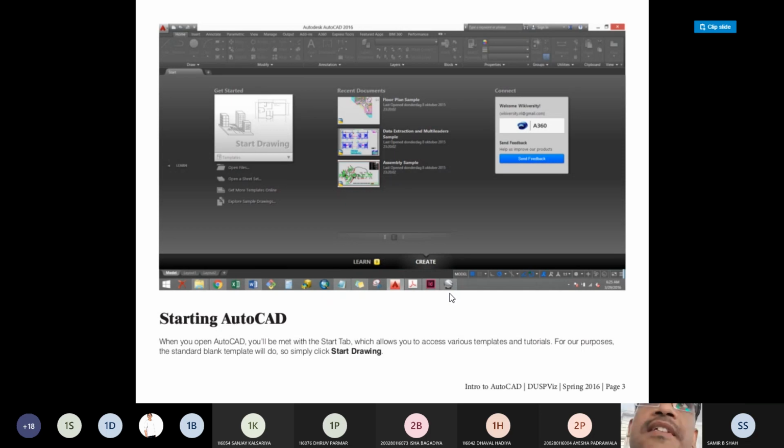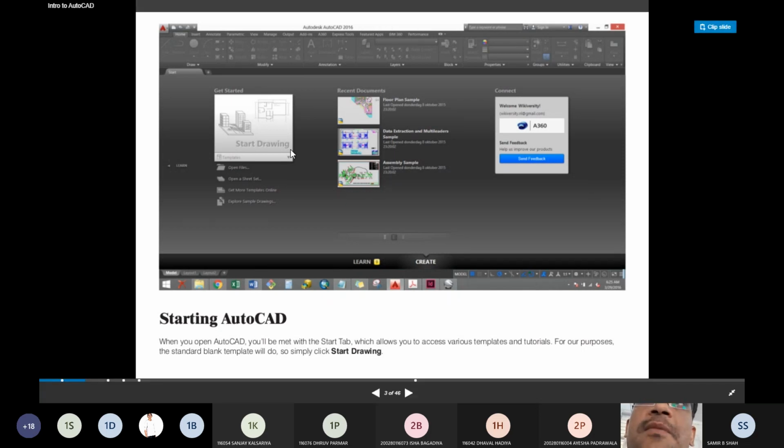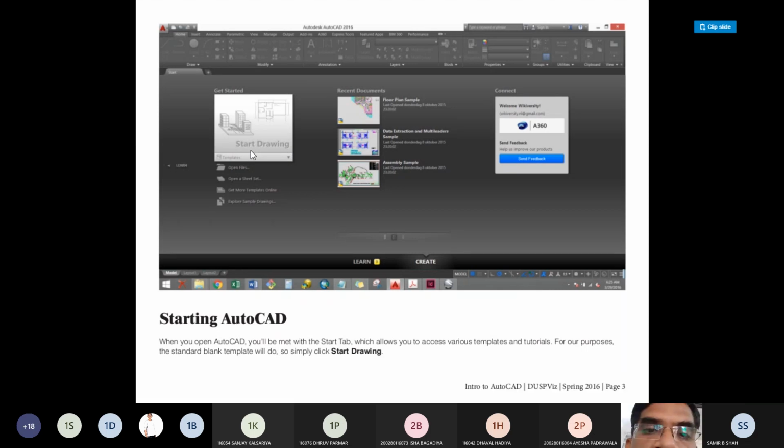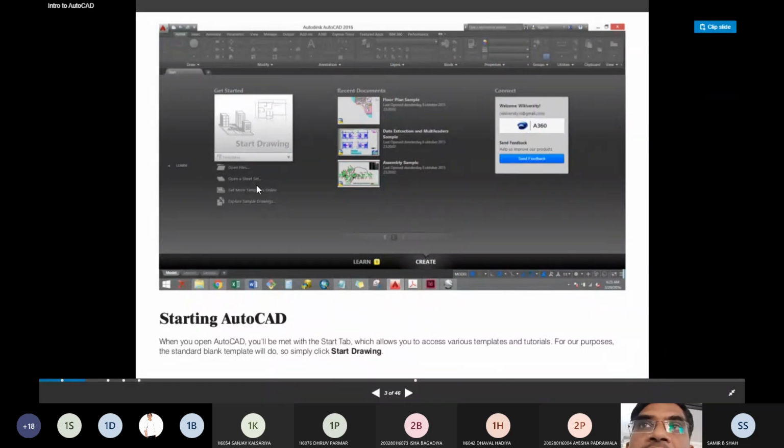You just see here that one tab is given to you. From this tab, start the drawing, or we will proceed to the next.